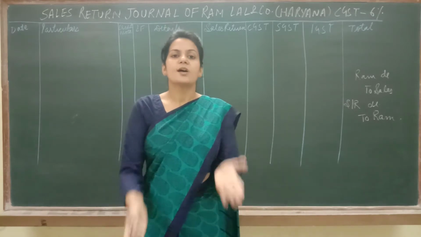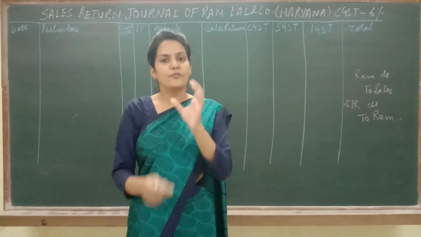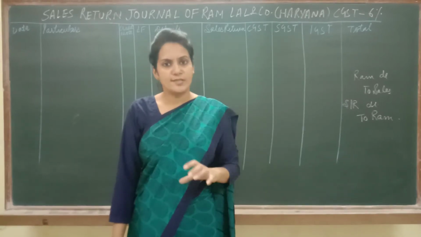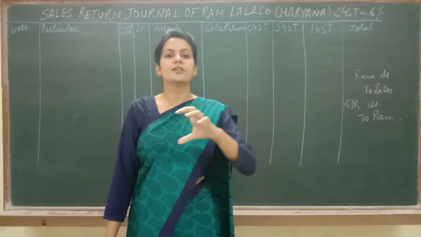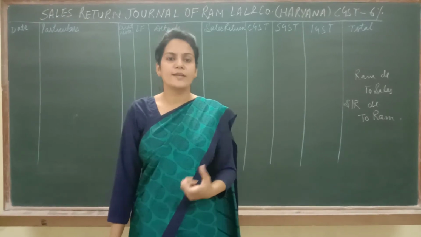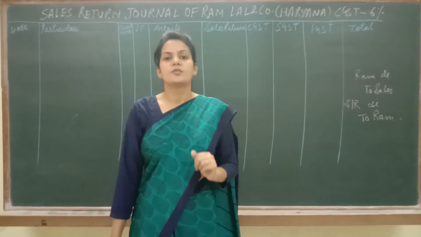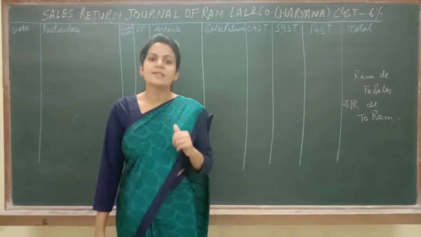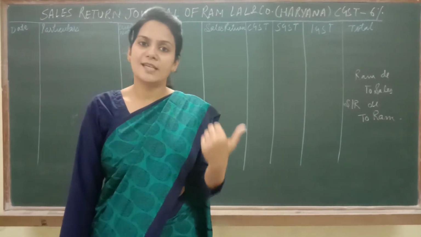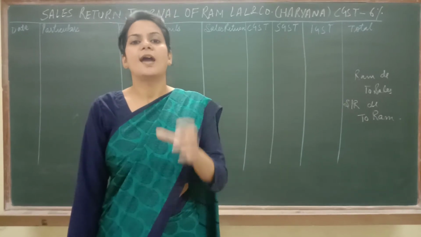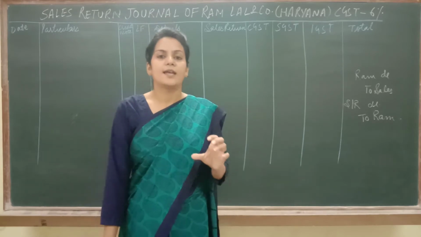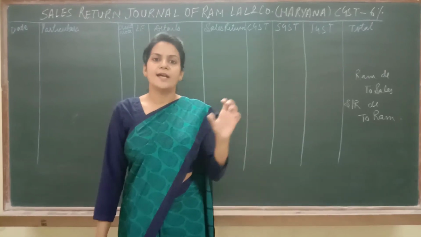In this case, Ram is returning goods to my business. Then my business has to give one voucher to Ram, which will be proof of this transaction, that yes, Ram has returned goods to us. That voucher, that proof, is known as a credit note. So the credit note is issued by our business, the business which is selling the goods and services. On that credit note, it will be mentioned that Ram, our debtor, has returned goods to us.